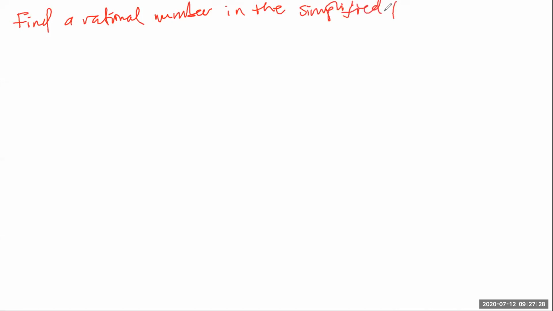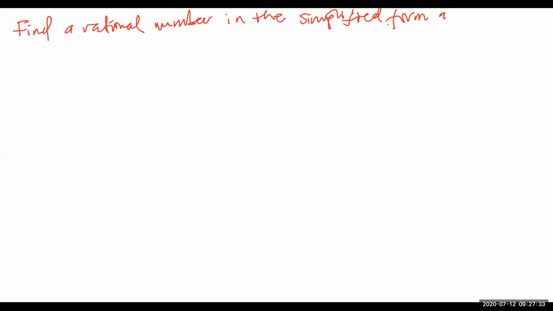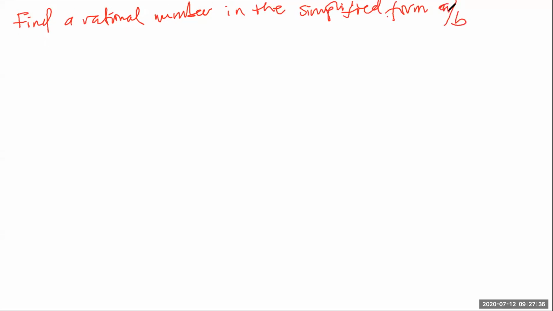Find a rational number in the simplified form A over B. So typically we are looking for a fraction of repeating decimals. So the first problem we want to look at is the fraction for